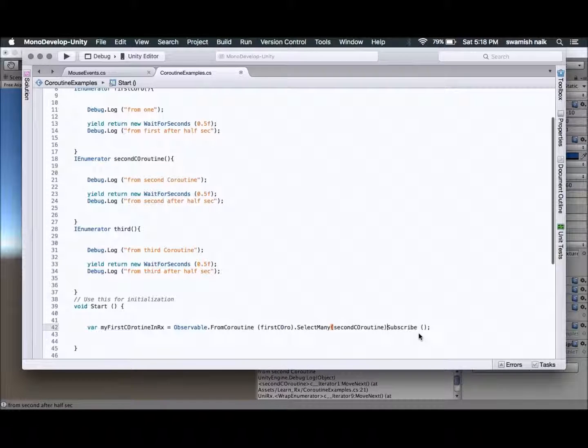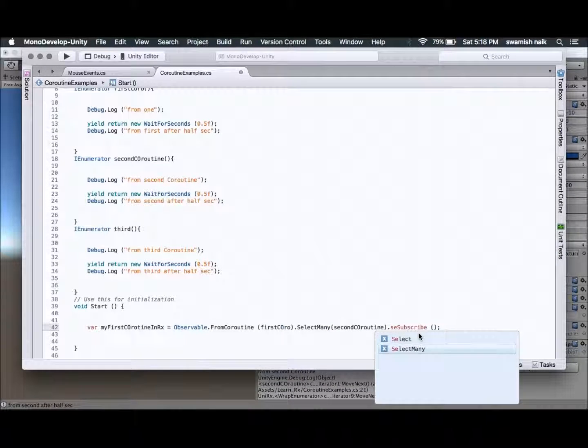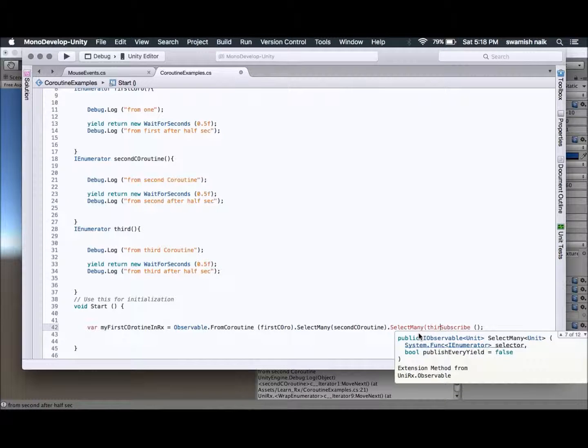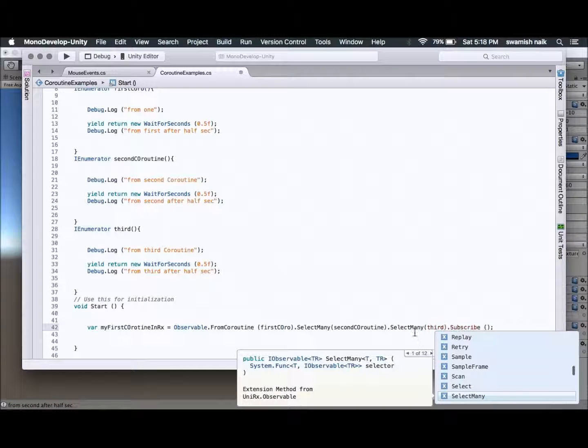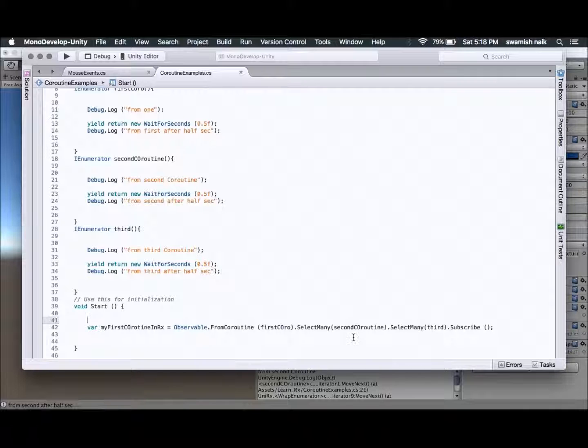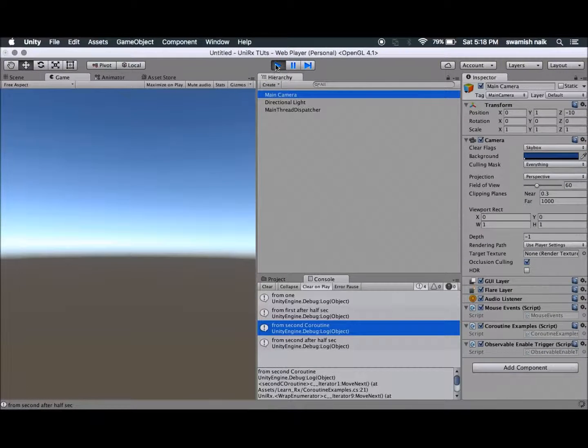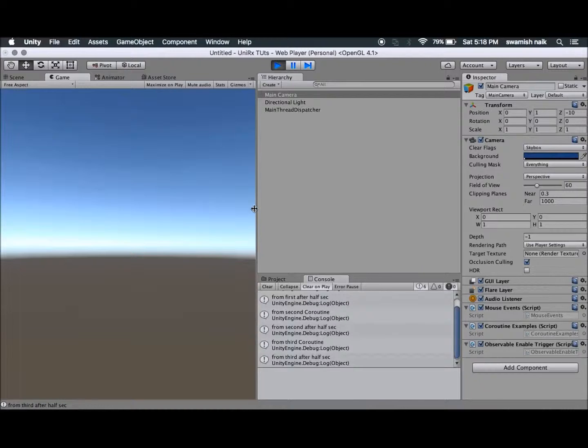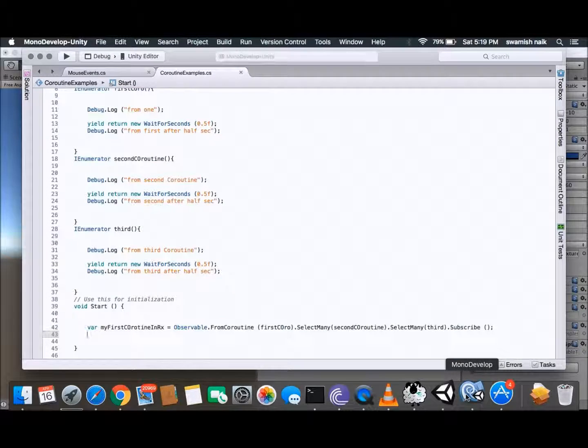So what we can do is again add SelectMany and third. It will run the third coroutine continuously after the second. So let's see what's the output. You see, first it's running from 1, then from 1 half second, then from second, then from second half a second, then from third, and then from third half a second. So it's working as expected.